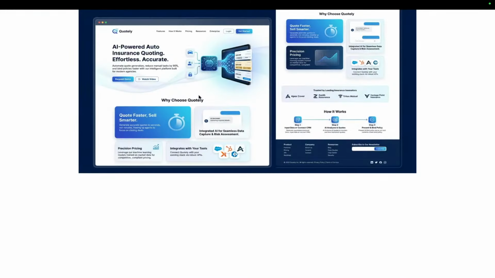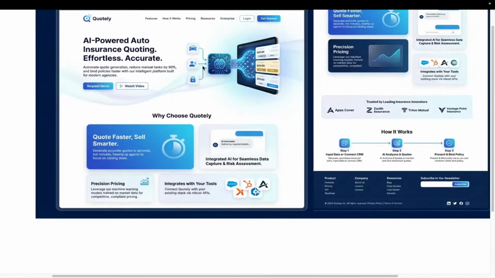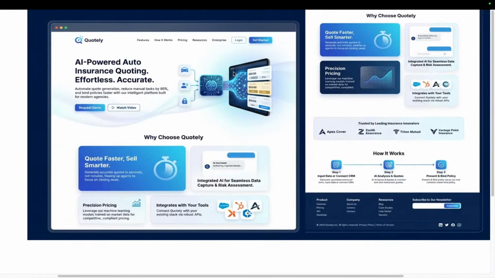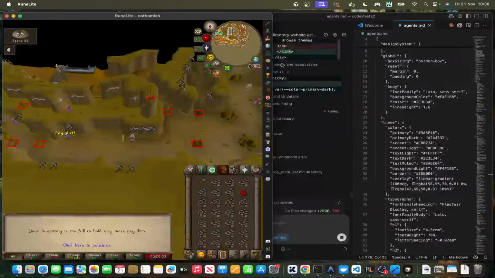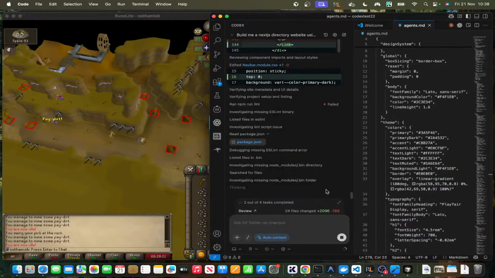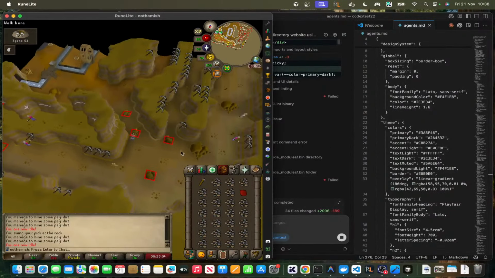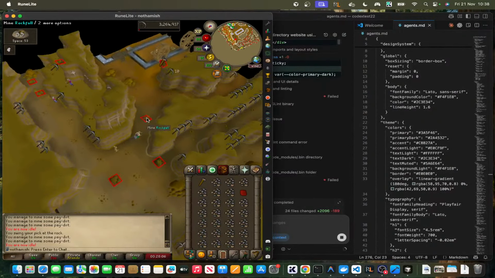Oh, hello. That is a nice design, I have to say. Yeah, that's a really nice design. I might actually have to implement this design. We've already delivered Quotely, but still. I actually don't like Gemini for coding. I know that's going to be a controversial take, but